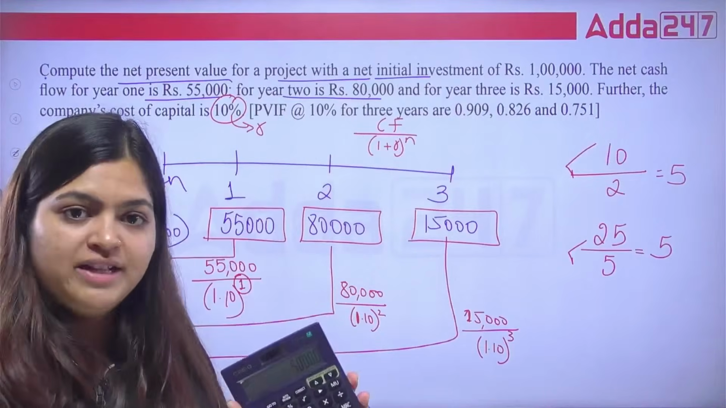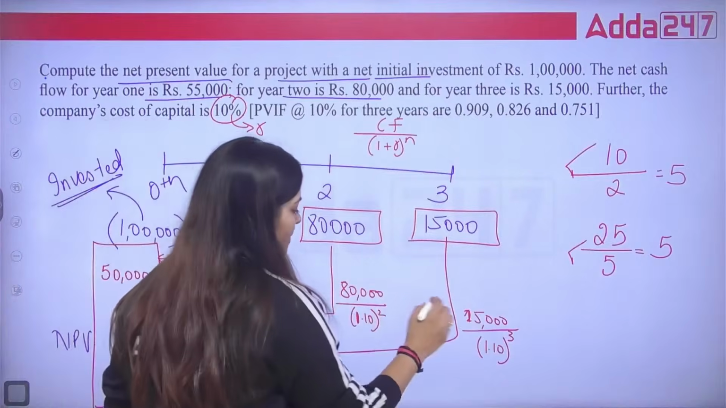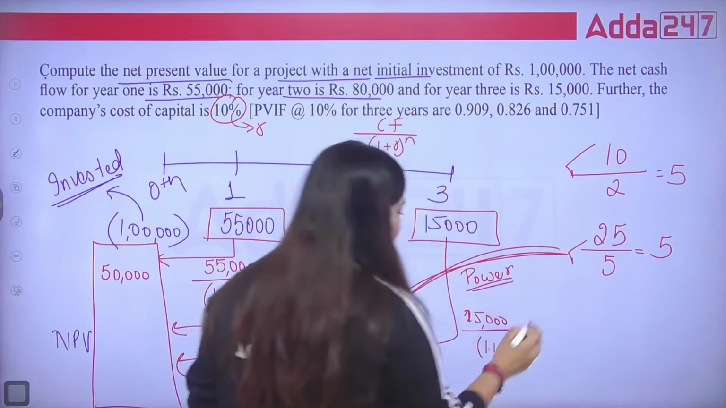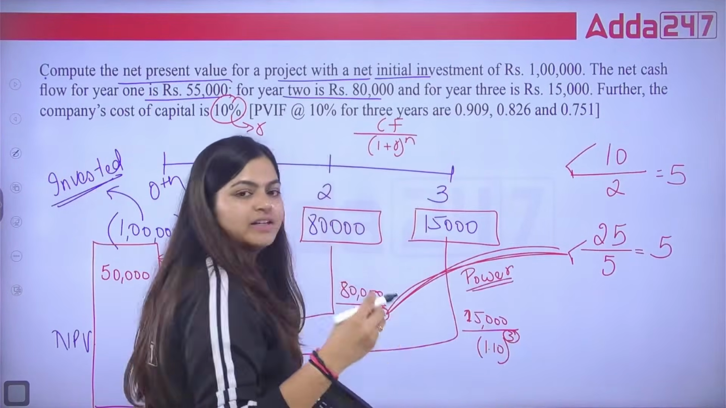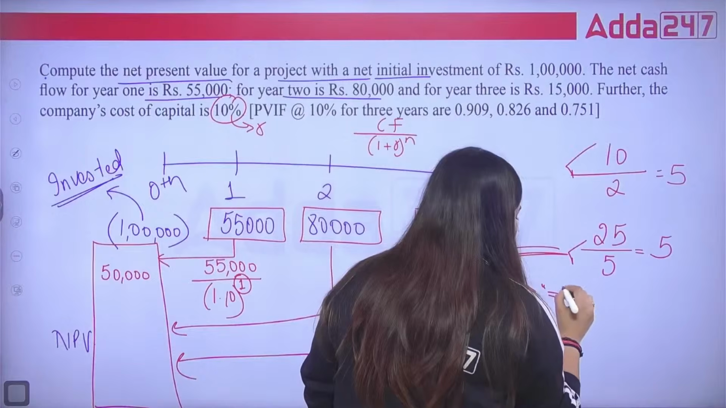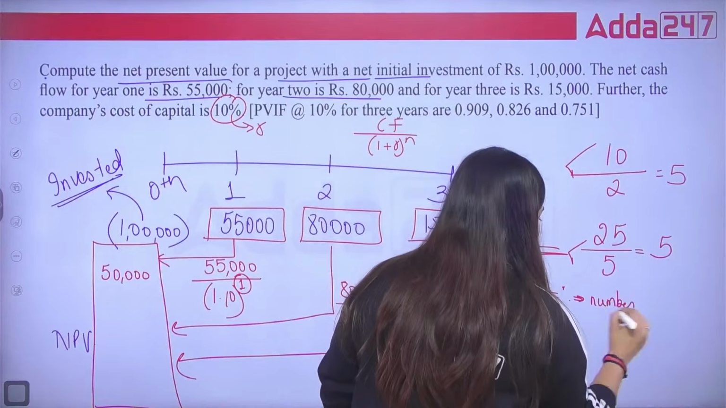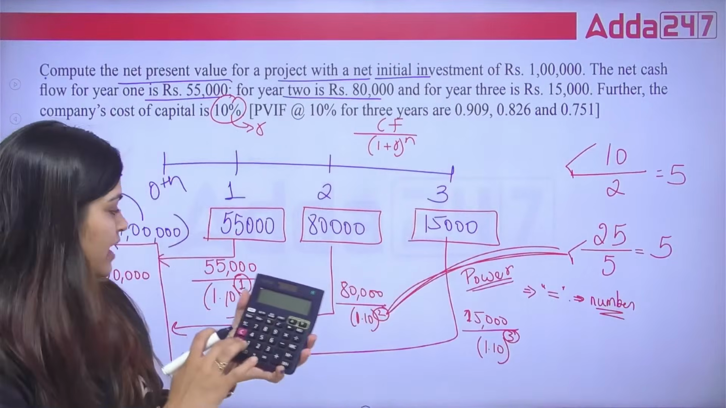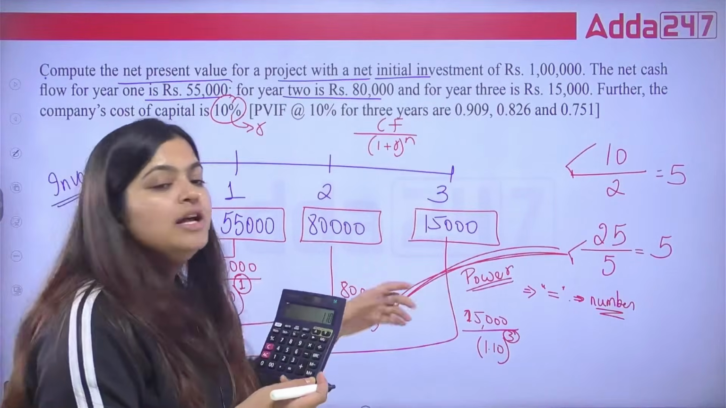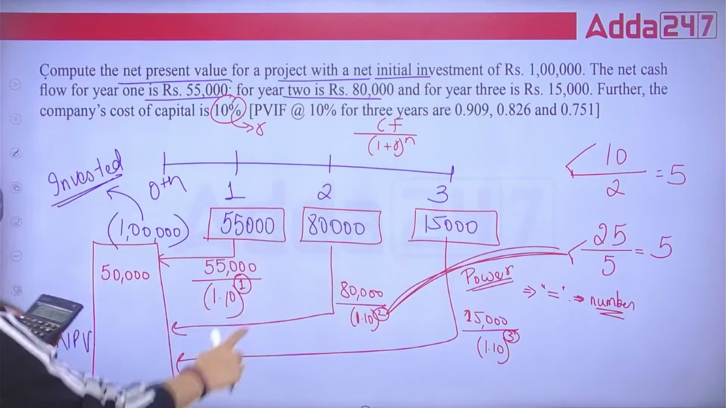You know what is the difference between a power calculation and a basic calculation? The only difference here is your power. Whatever power they are giving, just press the equal to button that many times, the same as the number they are mentioning as the power. See, 80,000 divided by 1.10. What is your power? 2. So press your equal to button 2 times. 1, 2. So your value is